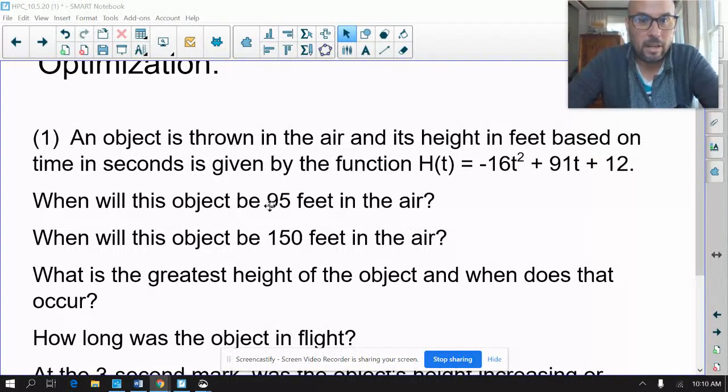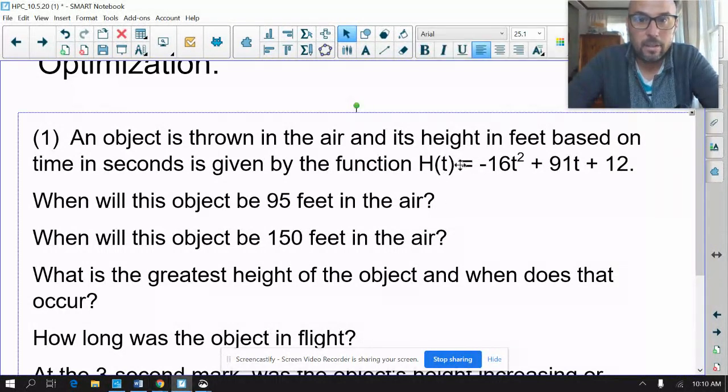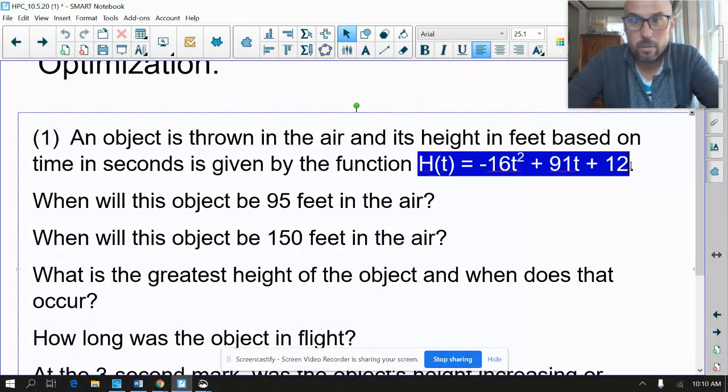When will this object be 95 feet in the air? So this describes the height of the function based on time. So I'm going to replace h of t with 95. So I would, in my scratch work,